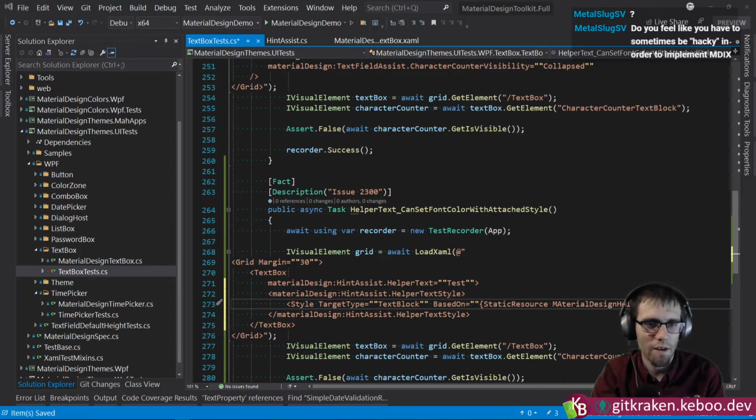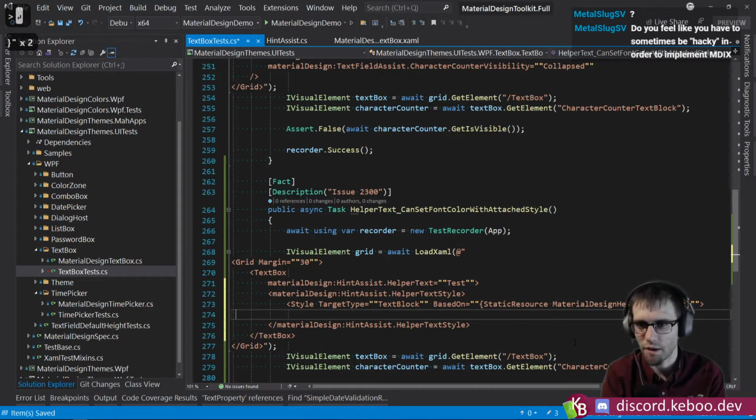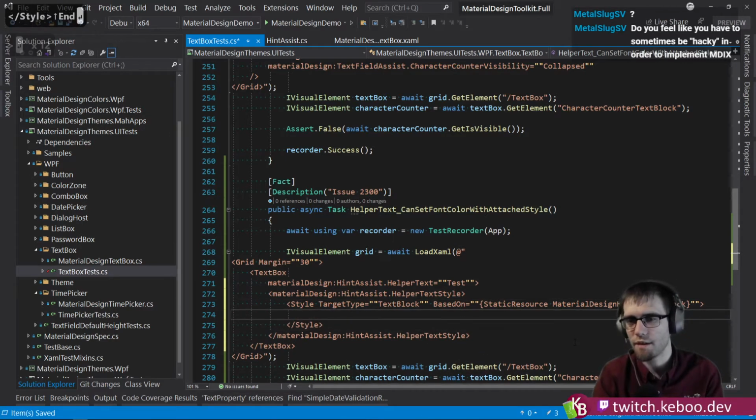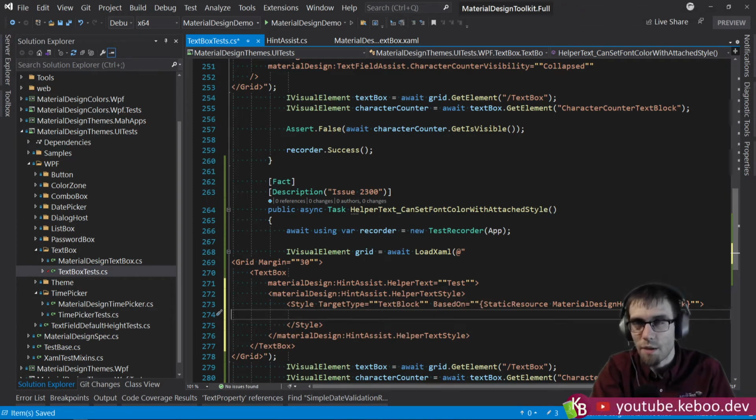Let's see, do you feel like you have to sometimes be hacky in order to implement material design? Yes, a little bit to some degree. There are times where it definitely feels a little hacky. Though I will say the points that feel hacky are rarely driven by the material design spec. Quite often it's one of those, in order to implement something, usually the hardest constraints are around like WPF limitations,